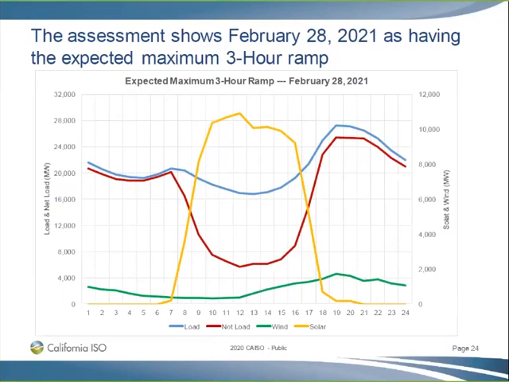And you can see on this day we have quite a bit of solar on the system, right? So we started losing over 9,000 megawatts of solar, and at the same time your load is increasing. That net load ramp is what we are really concerned about, we being the ISO. We have to make sure that we can meet that ramp.